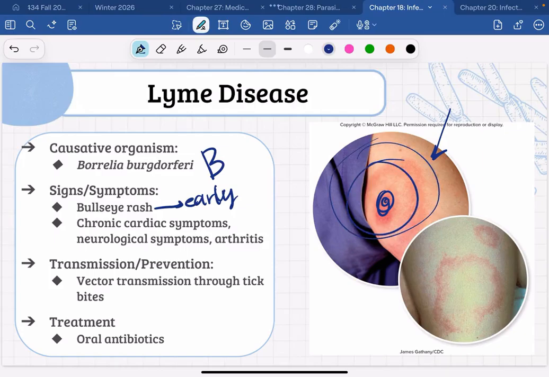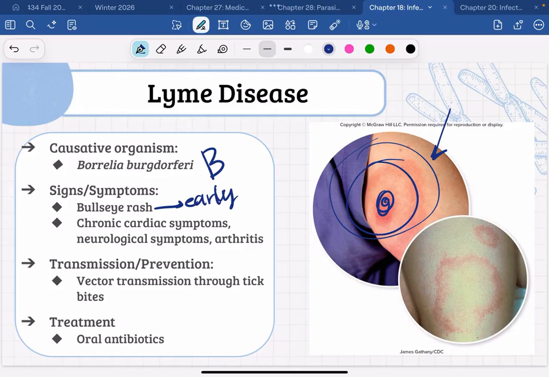There is a fancy name for it. You don't have to know what it is. All you have to know about it is the bullseye rash. However, something that's kind of become more obvious in recent years is that not everybody gets a bullseye rash. So the bullseye rash is kind of the hallmark sign that we all are trained to look for. But a bullseye rash, I think I read in your textbook, is only present in like 20% of cases. So not everybody who has Lyme disease gets a bullseye rash, and for everybody who gets it, the bullseye rash is not visible.